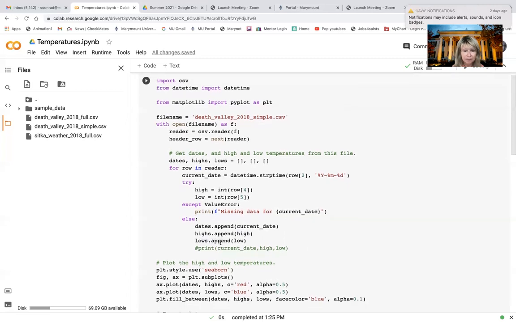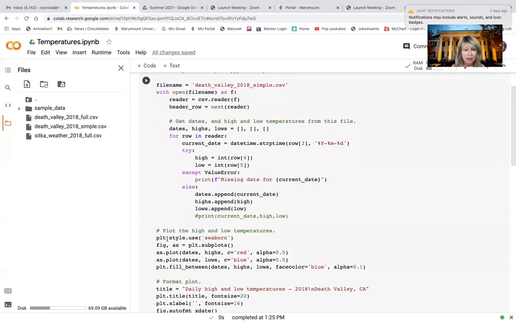All right, now we come into something that we know. So now we're going to start to plot it. We've got our data together, and now we're ready to show what we have. Because we've created our three lists, right, with the date, the high, and the low. If I wanted to, just to show you, I made this a comment, but you'll see why, because there's a lot of data. If I wanted to print my current date, high and low, to see what I have,